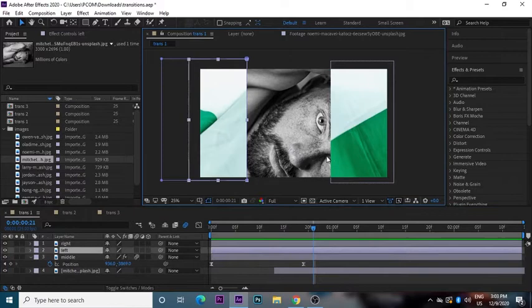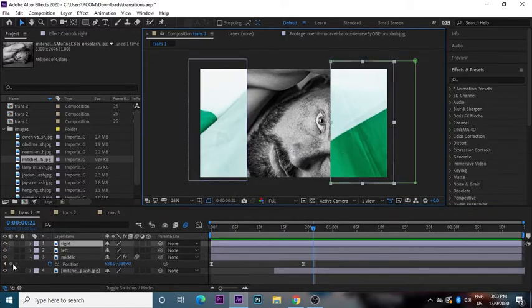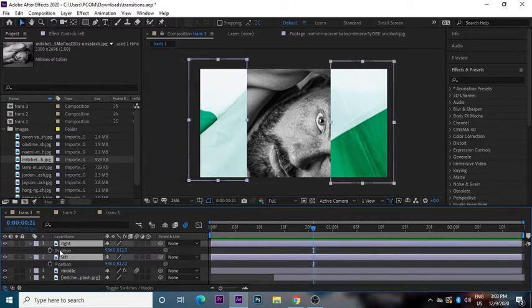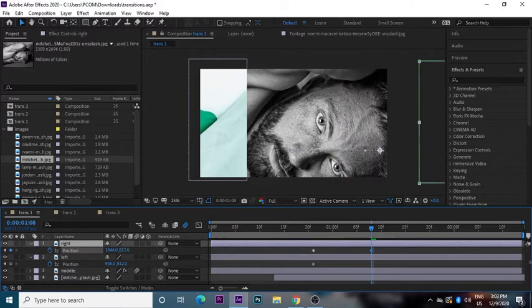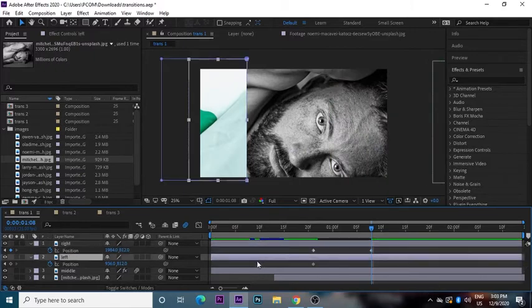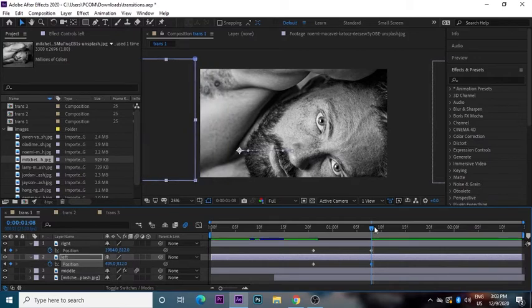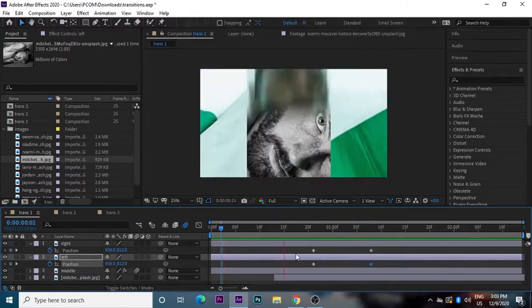Now we need to animate these two halves of the layer, so we are gonna animate it together. So press shift in the right and the left layer and press P. Now add position for the first both the keyframes, and let's go around again to the 10 frames or 15 frames forward. And for this layer, I'm gonna just move it towards the right, and same with this layer towards the left, something like so. So now we have something like this.